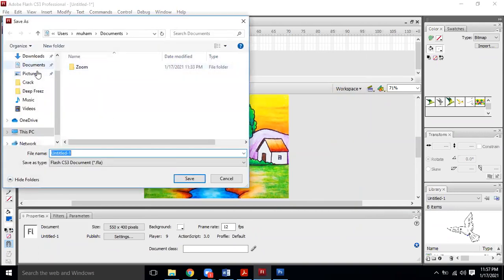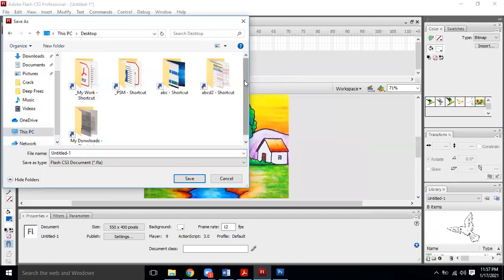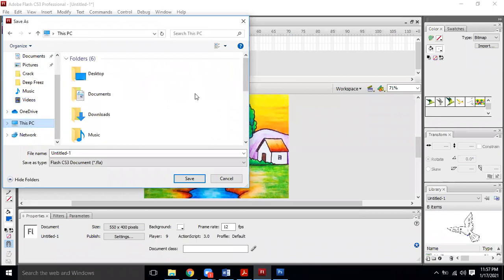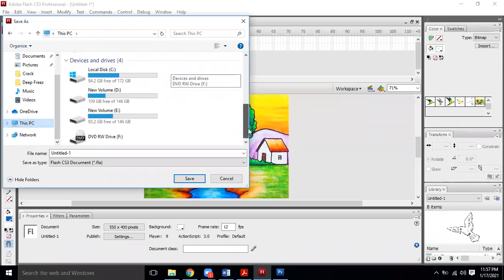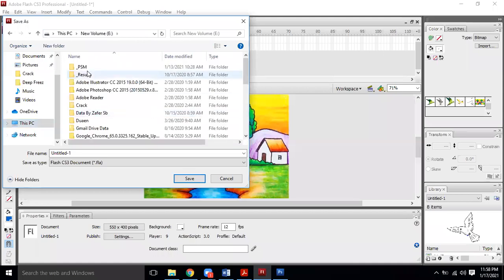Yes, sir, please. I want to say that in a lab activity we made some birds in some chapter of Flash. Can we use those birds? Yeah, of course, you yourself have drawn them. What you can do is open that file, take that bird, copy it and paste it, because from Flash to Flash you can quite easily paste. So you are not going to face any problem. Yes, please.